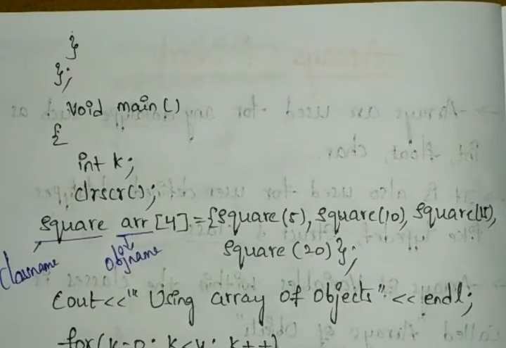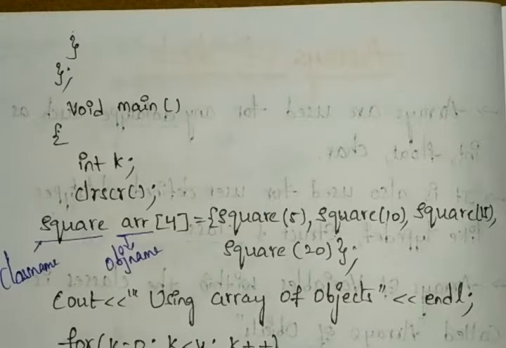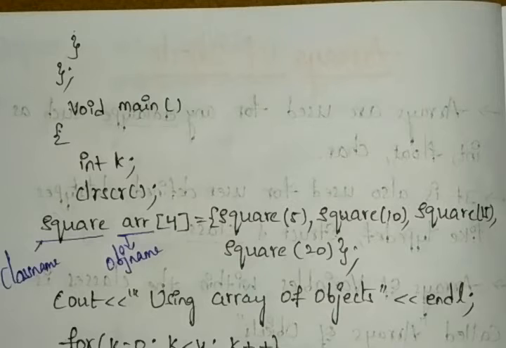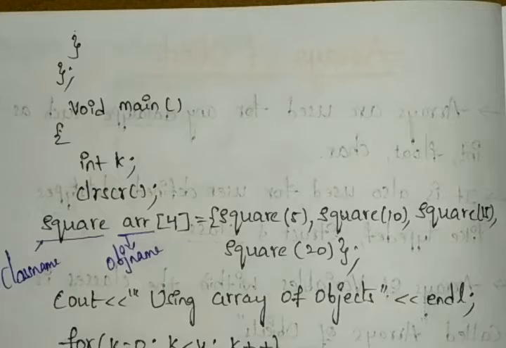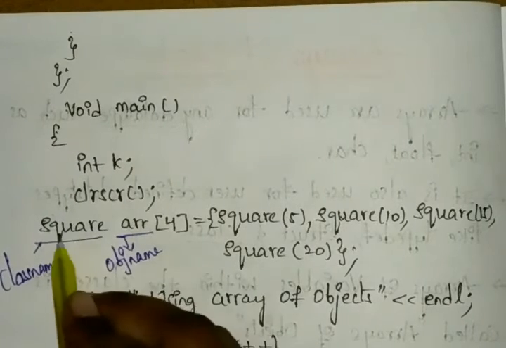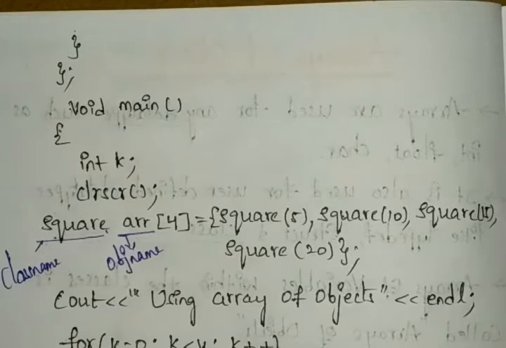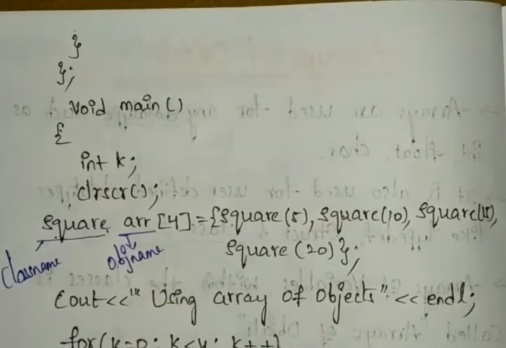Here you will definitely get one doubt. By using the class name only we need to create our object name, right? So you're taking Square, but why are we taking arr? You can check here, or you can choose sq also, there is no problem. You can choose sq or s1, that is your choice. I'm choosing this just for your own identification, so that you will not get confused about what this is. So for that case I'm writing arr as the object name.